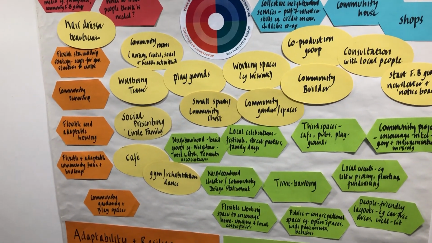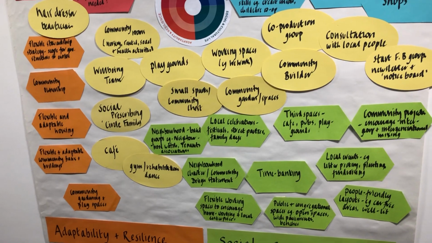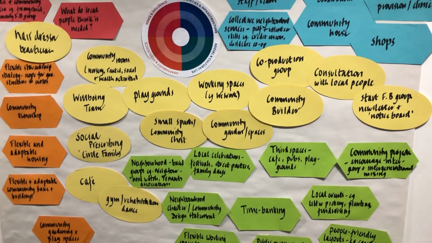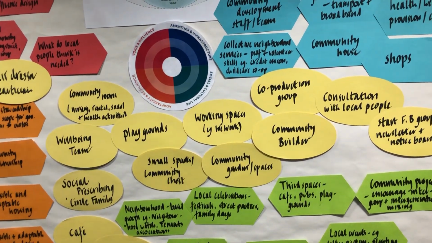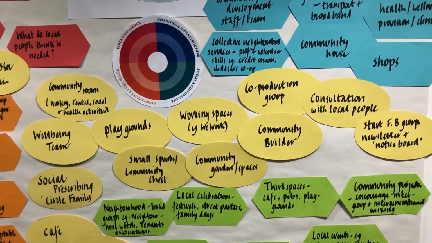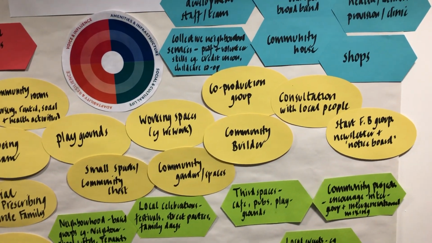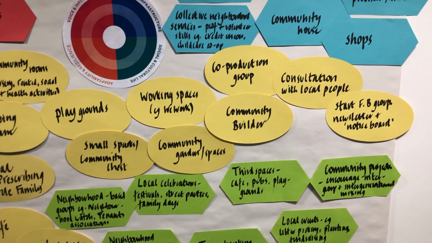A cafe as a third space, a gym that's also got space for rehabilitation and perhaps a dance studio too. Small sparks and community chest, so we can make small grants of around £150 that gets us started with other community groups. Playgrounds, working spaces like where we work, community gardens, spaces being inspired by Incredible Edible from Hebden Bridge,